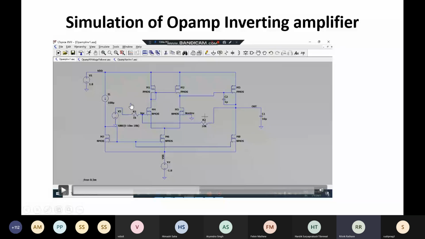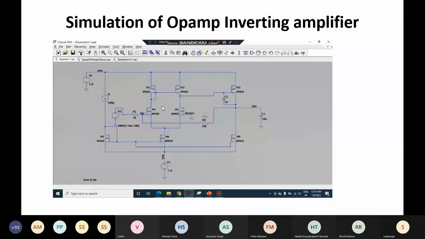Okay, so one more thing, what would be the gain of this amplifier under open loop conditions? The gain will simply be the product of the gain of differential amplifier and gain of common source amplifier. One more thing that we can notice here is that the second stage is not loading the first stage. Why so? Because the input impedance of second stage is infinite, right? Because the input is connected to gate and an ideal MOS has infinite resistance at gate. So the second stage is not loading the first stage. Hence, the total gain is just the product of individual gains.